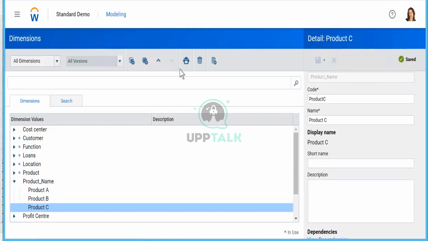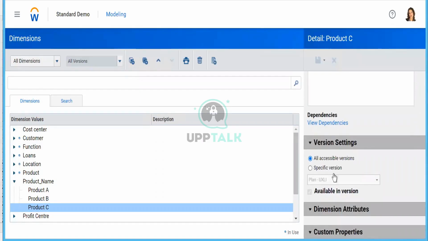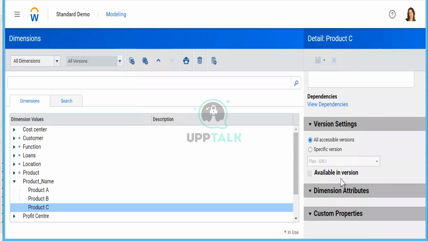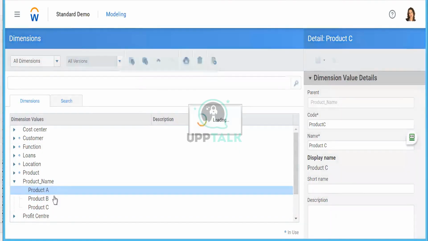It was easy to create because we created in a similar way. It's the same interface. Only thing, this changes to dimension and the right hand side will change a little bit. I will explain the attributes and the properties which are coming here. But everything for the name, code and this particular thing is the same. It's not confusing at all for all of us. Now you can see product is created.